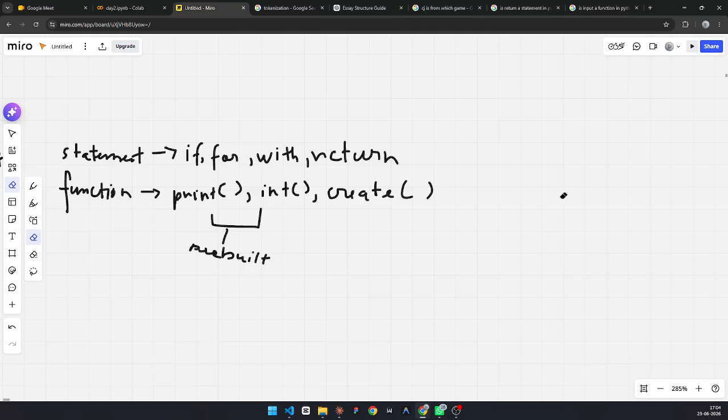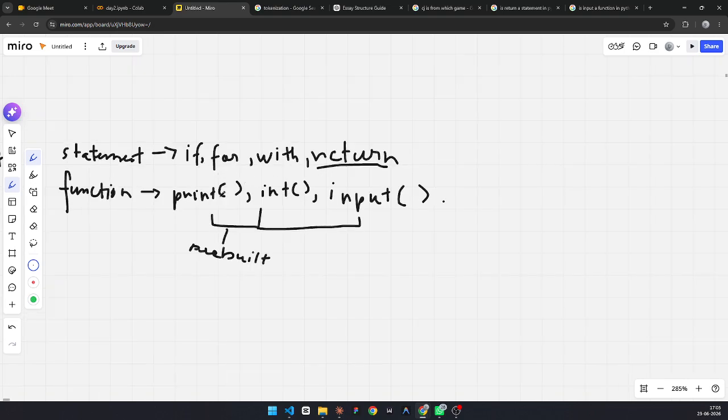Thank you, Krishna, for answering the doubts. You are a great help, by the way. Input is also a pre-built function. Last one, this is a return. Return is a kind of statement that is used when you create your own functions, where you try to throw out a variable from that particular function you have created. This is a statement.